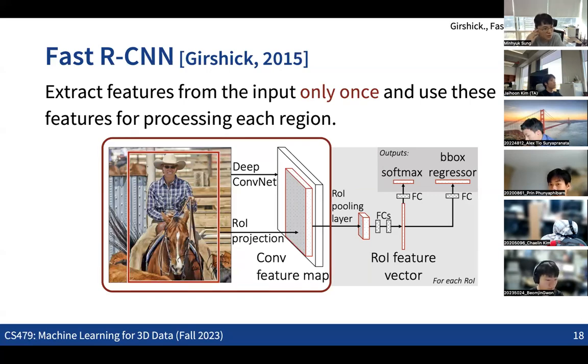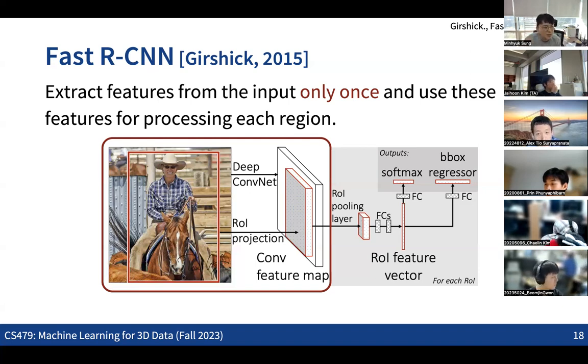Once we get the feature map for each region, we can use a very small neural network to predict all the outputs for each region. This can save some time in processing each of the region images, because we first process the entire image using a single neural net, getting the feature maps for the entire image, and then just take out the features corresponding to each region. In this way, we save the time to process all the 2,000 images. So this was also a very simple idea: we are taking out the feature maps of each region using the single neural network.